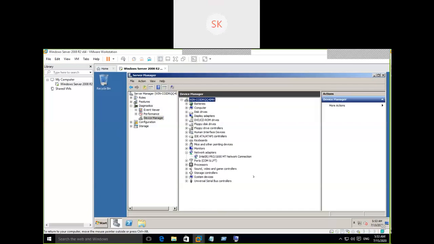As we install this server on VMware Workstation, VMware Workstation has an inbuilt DHCP server. I'm going to show you tomorrow what IP range is available in this VMware Workstation. So on this server, we need to assign an IP address. We should understand